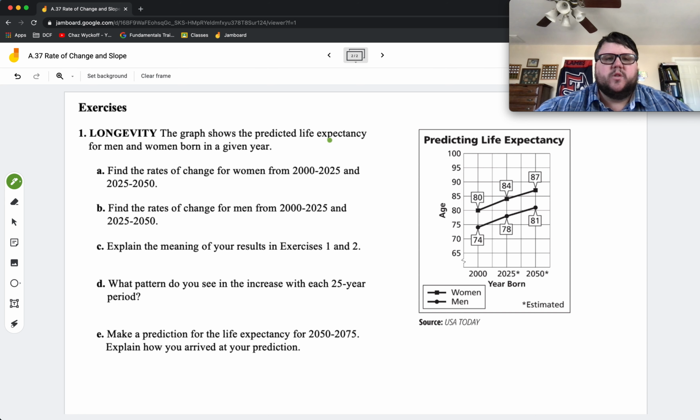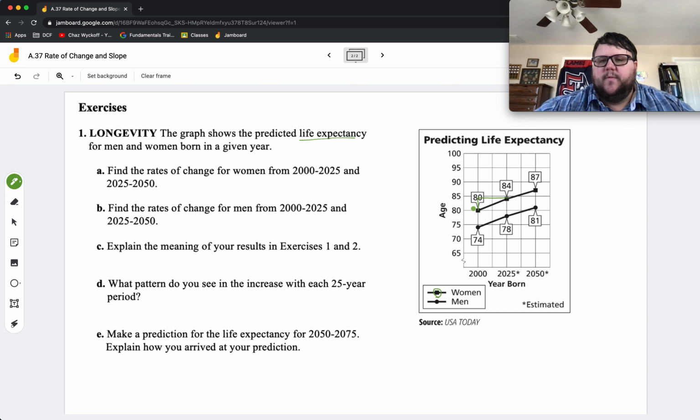Longevity. The graph shows the predicted life expectancy for men and women born in a given year. All right, so find the rates of change for women from 2000 to 2025. So first I'm going to do the women. Women are the ones with the boxes. If you see that, the boxes. So they're the top one. And so we're going to do our